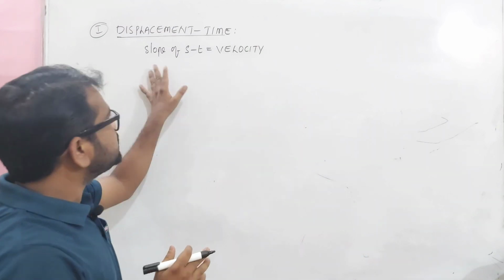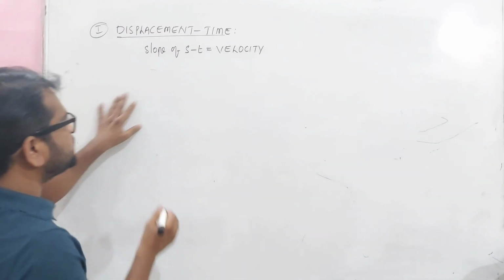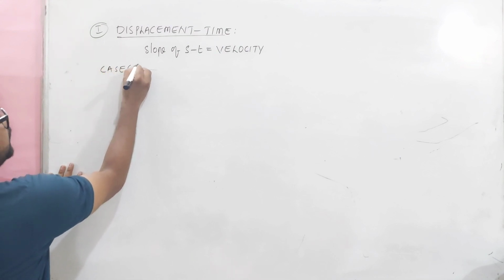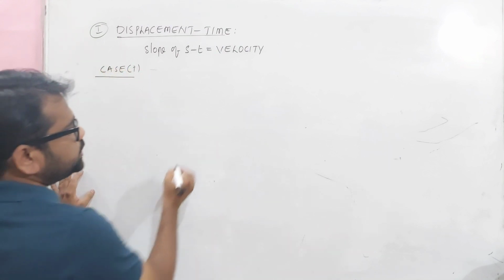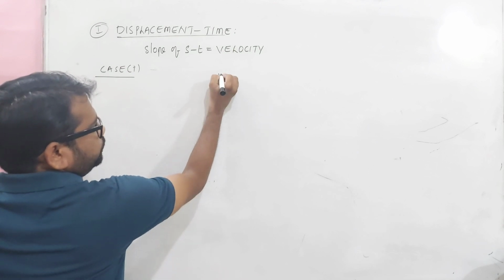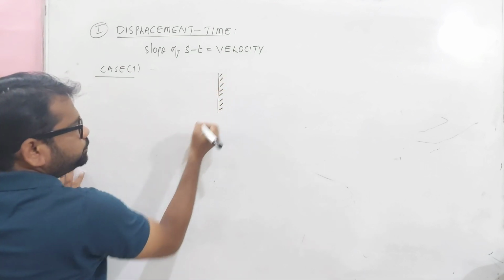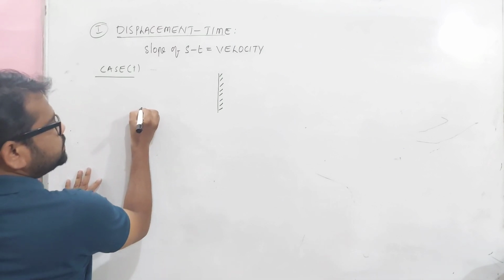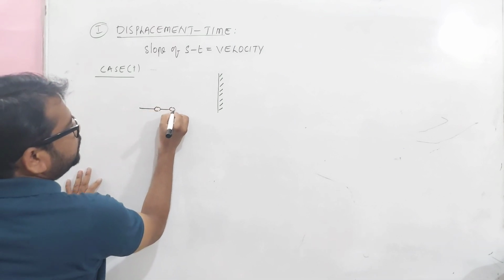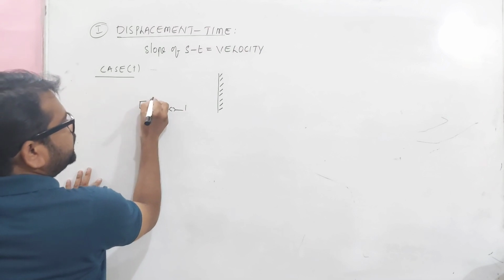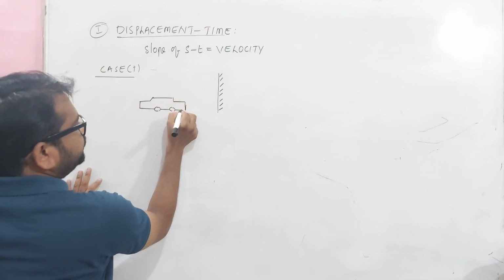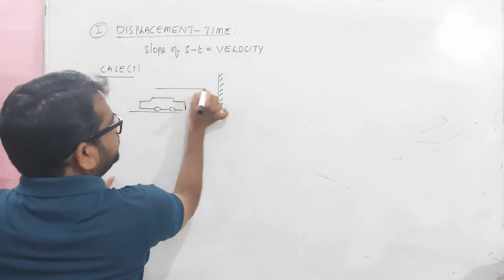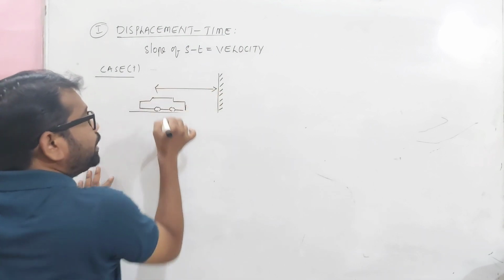Now dear children, under this displacement time graph, we will see the first case, case 1. For example, dear children, here is a wall, something like this. Let us take here one vehicle, let us say a car or something. It is a vehicle, and it is parked. And here is the ground, let us say. Dear children, it is at a distance or a displacement